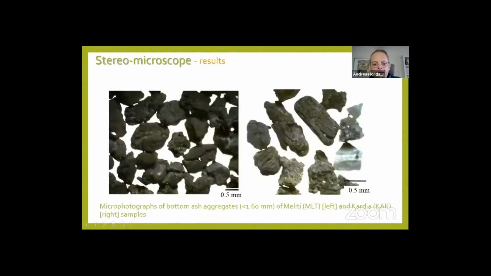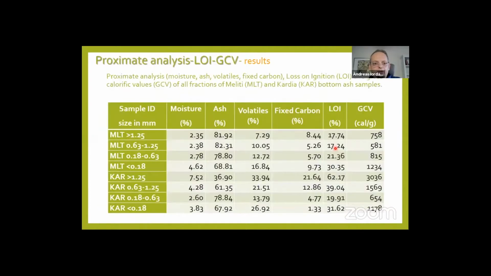Here you can see some macro photographs of the bottom mass aggregates of the Meliti sample. And here you can see some macro stereo microscope photographs from the Kardia bottom mass sample. Going to the proximate analysis and the LOI and gross calorific values results, here you can see in this table